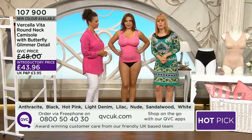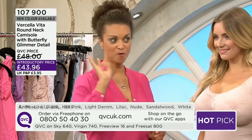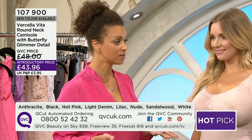We're about to have a look at a before and after pic, do you think? That is simply our cami. The cami is a category 3 cami. We've got 5 categories. We start with the light compression, which are our seamless slips, seamless briefs, the very...